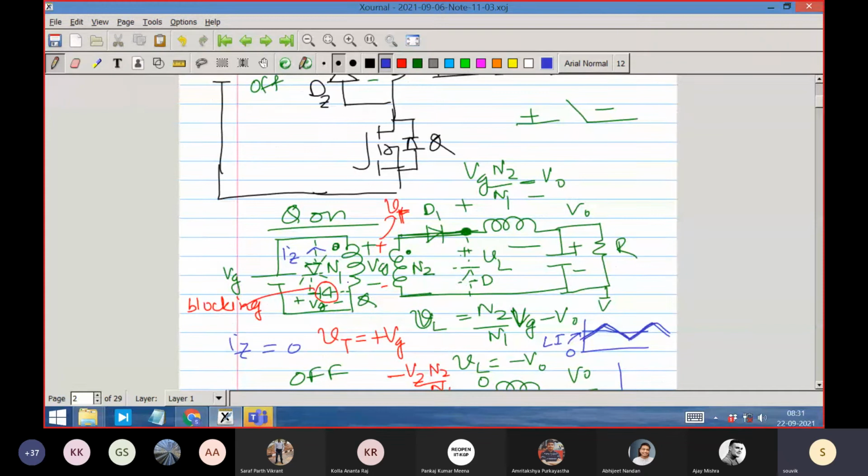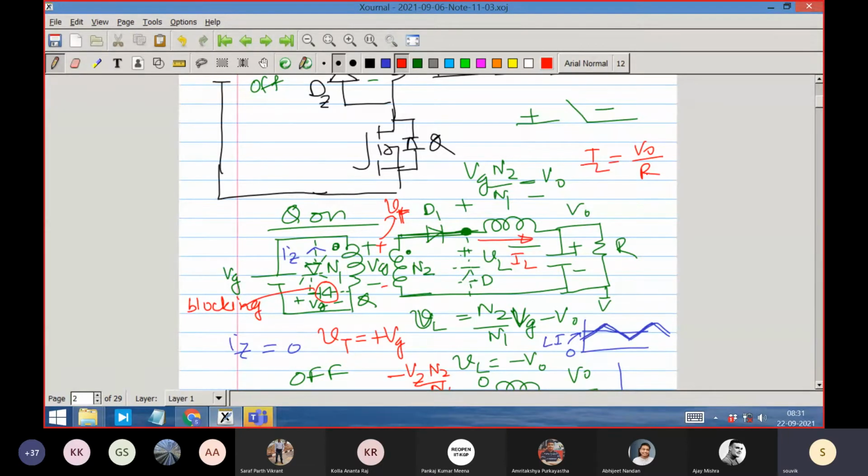if I take the load current part, what is happening current-wise? Let me show you. This current is high. How much? Let us call it IL. How much is IL? From our previous knowledge, we know that IL is V0 by R, right? And it also has some small ripple. But let us understand without considering the ripple, because it is an unnecessary complication. But you may take the instantaneous current IL as well.